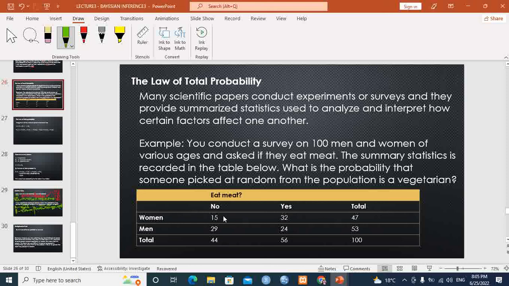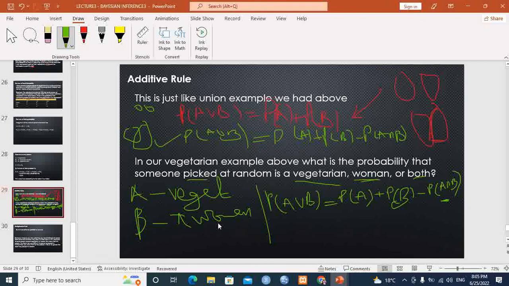The probability of someone being a vegetarian from our table here is 44 out of 100, which gives you 0.44,